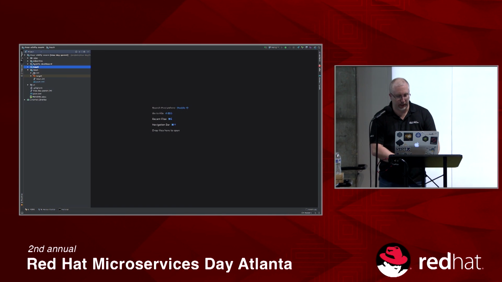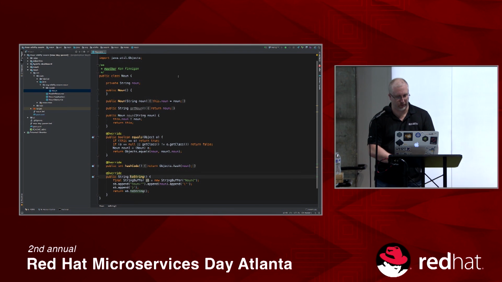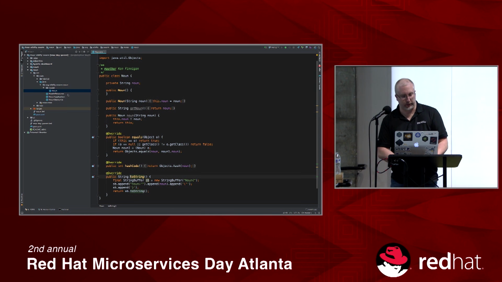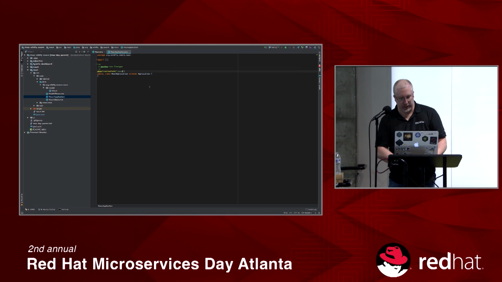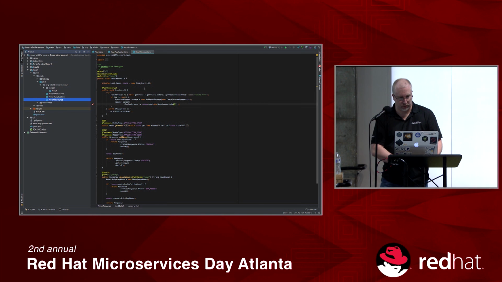So if we start out with the noun service, obviously we have to have a noun, so we have a basic class that just has a string on it, which is fairly simple. The application defines an endpoint for noun, and this is the JAX-RS root entry point to the microservice. And you can see we're extending the JAX-RS application class here. And then we define a noun resource,